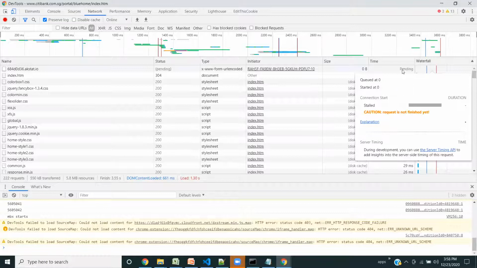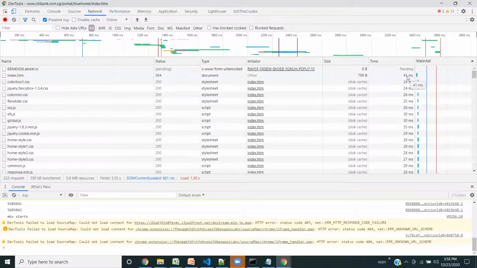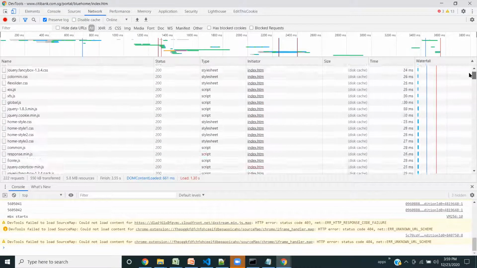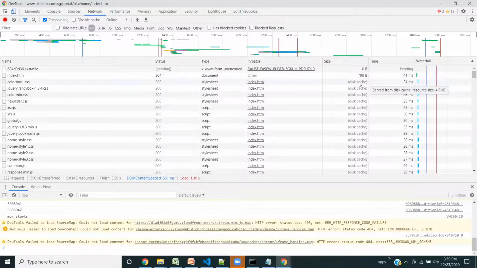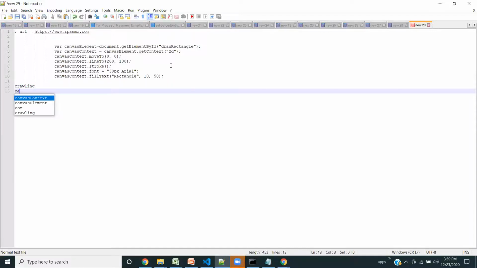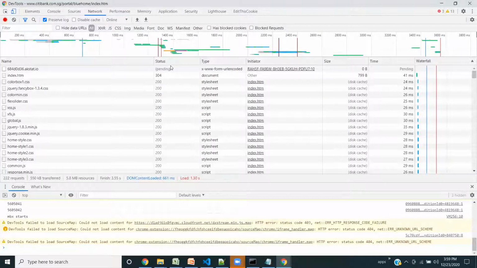So each request, you see here, one is taking 41 milliseconds, some are taking 24 milliseconds. You see, each request is taking different times. Some of them are loaded from the cache, actually, the browser cache. So the browser will have its own cache. Yes, Devanshi, I request you to write the meaning of cache in the glossary. Very good, I really appreciate that. Thanks for informing. So I'll mention about the cache. Okay, cache is nothing but